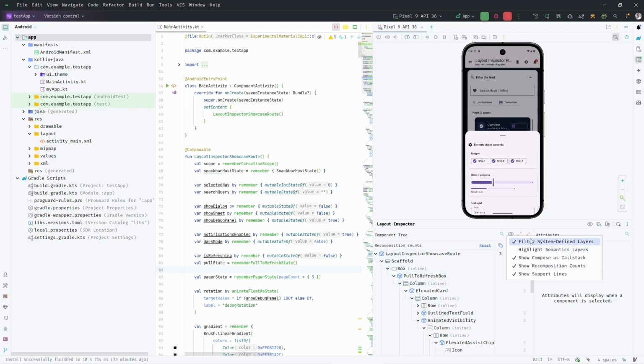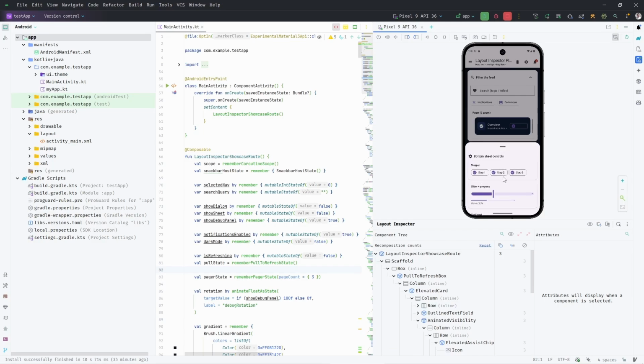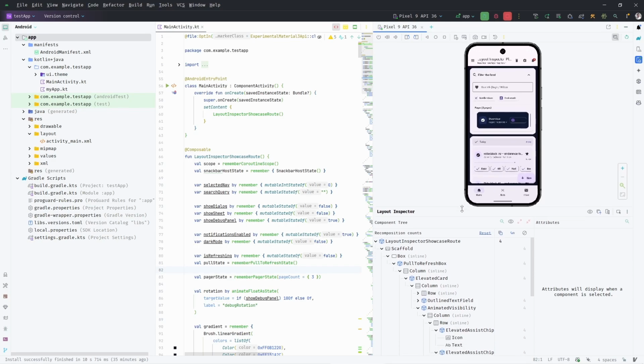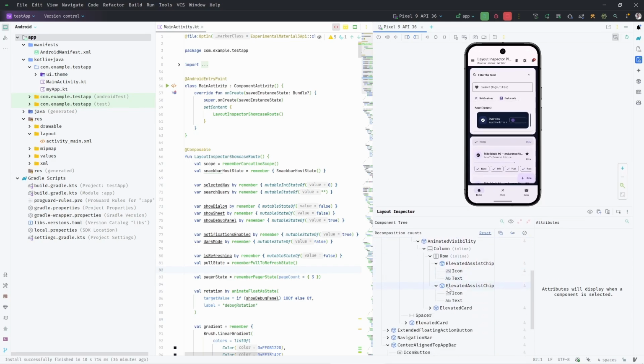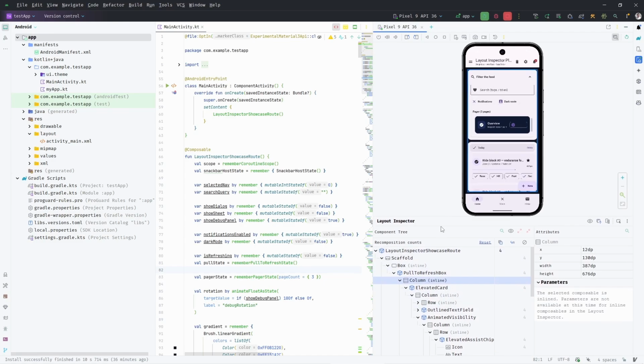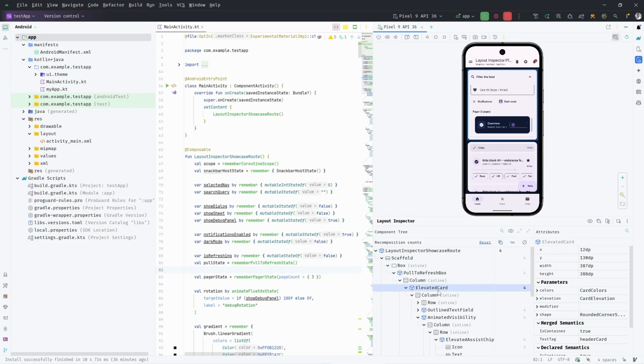In this panel there are some options as well. They are usually meant to work with recomposition, performance, and other things, but I won't be explaining this today because it's more complex, and I should create another video for it. So let's focus on inspecting the UI itself without recomposition today. The first thing is very useful. Let's say I want to examine this specific elevated card, but I don't want to see